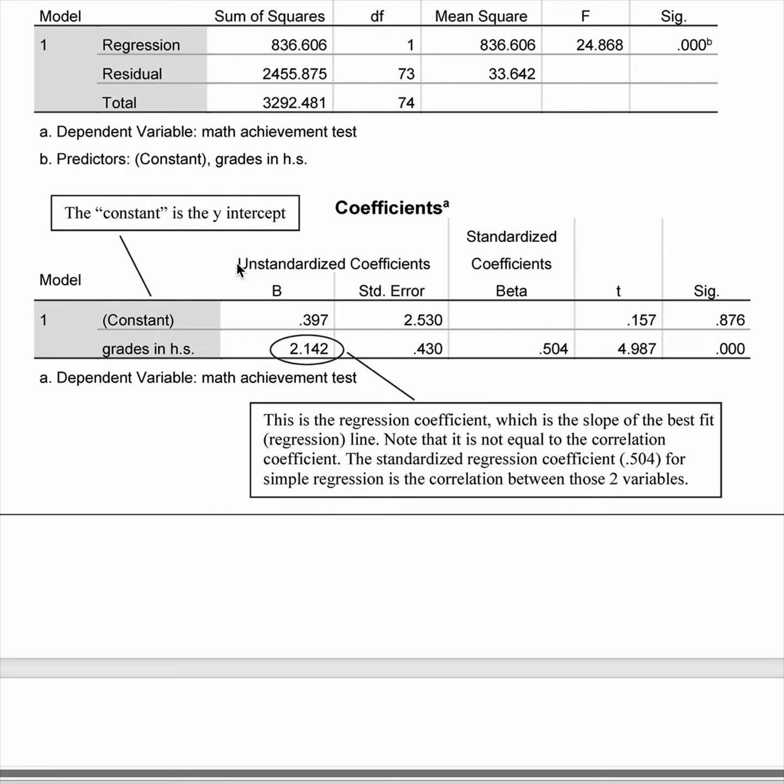In the coefficients table, the constant is going to be the y-intercept of the predicting equation. So I can generate a predicting equation from this. Then I have the regression coefficient, which is what goes in here. So essentially, this makes an equation of 2.142x plus